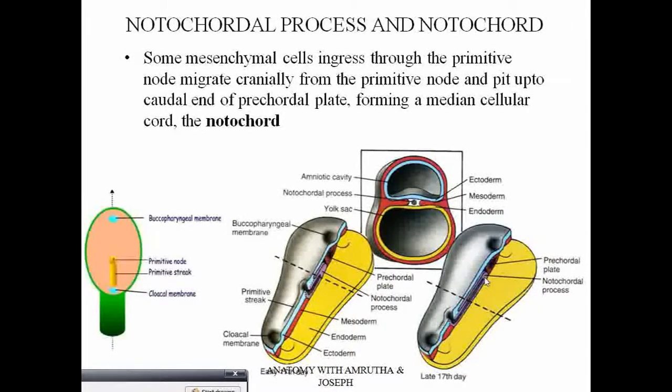It also forms the notochordal process later. Anyway, the notochord has nothing to do with the vertebra formation; in some animals it might form vertebra, but not in humans. In humans this degenerates, but some part of the notochord remains. Now in another section where the developing embryo can be seen, amniotic cavity, yolk sac, the ectoderm, endoderm, and the mesoderm are developing, and the notochordal process can be seen developing at the center of it.